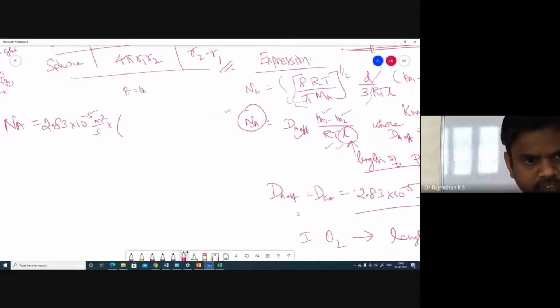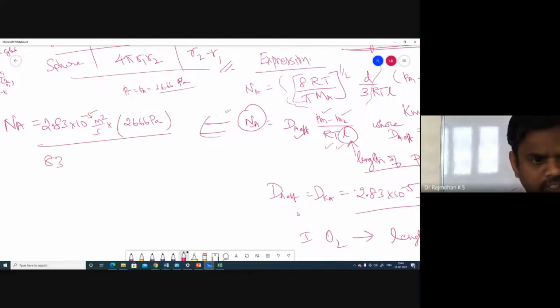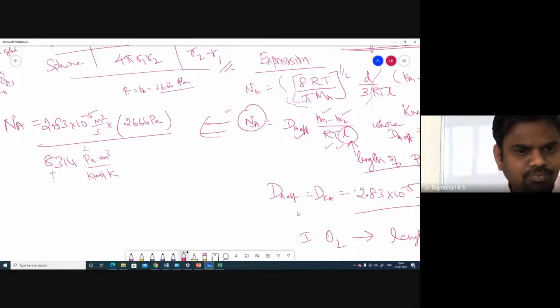Okay, so how much is it? 20 mm mercury, which comes to 2,666 Newton per meter square. That is Pascal, right? Are you getting this? So we have 2,666 Pascal, minus 0. We have the formula. Okay, we are doing this only, and divided by R value, which should be 8314 Pascal meter cube per kilomole Kelvin. See, remember, usually I insist on using the kilopascal value. Here we are using Pascal because in the formula we have that one.